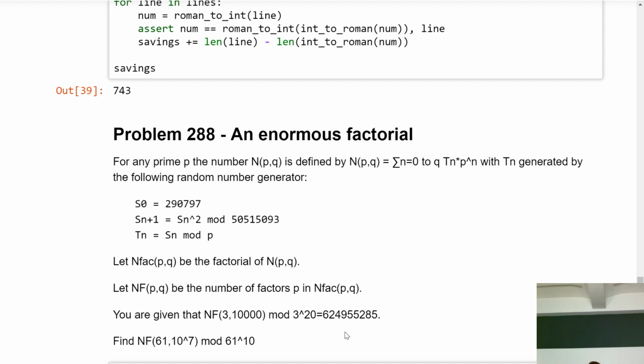But this means that the thing we're asking for is this whole thing mod 3 to the 20. Does that not mean that we can,